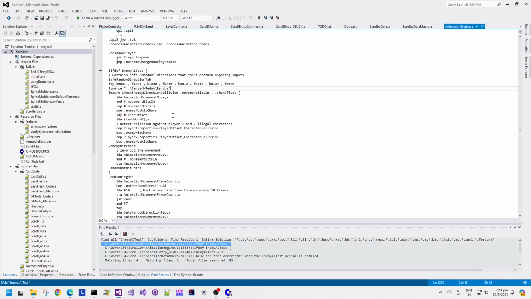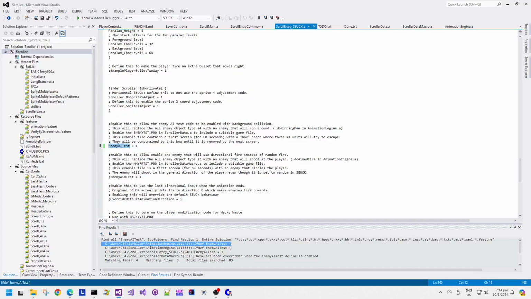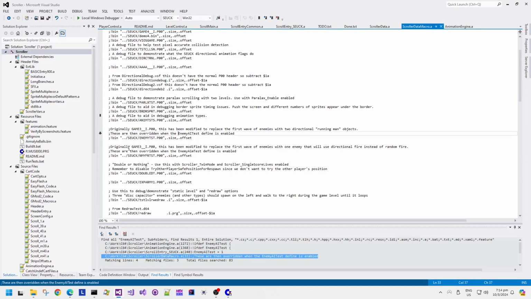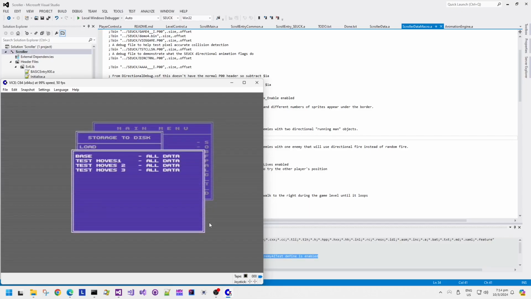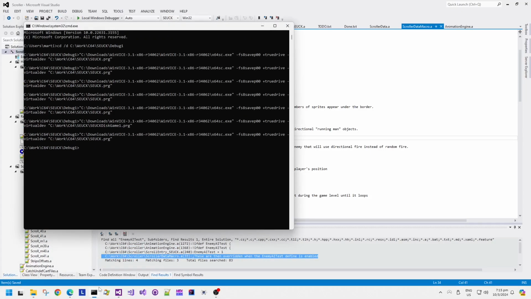The safe random direction tab routine and the rand routine basically pick a random direction to go off and run for a random number of frames, I think it was. And this uses enemy test data. Like it says in the description, it uses the third demo game, but it modifies the map to provide an area for the enemies to run into at the beginning of the game, and then it allows the enemies to run around